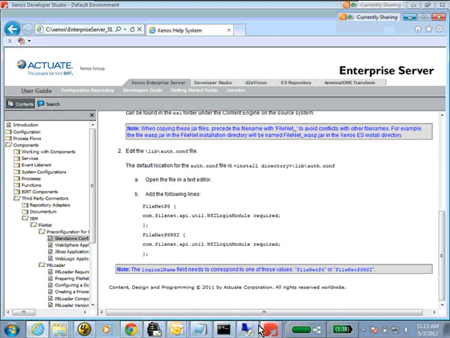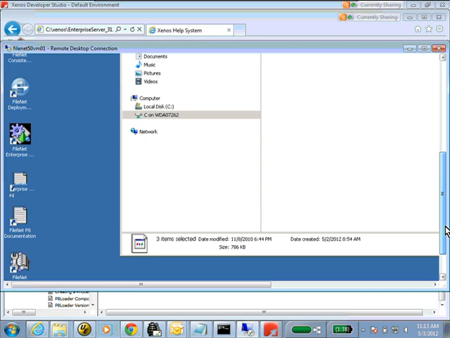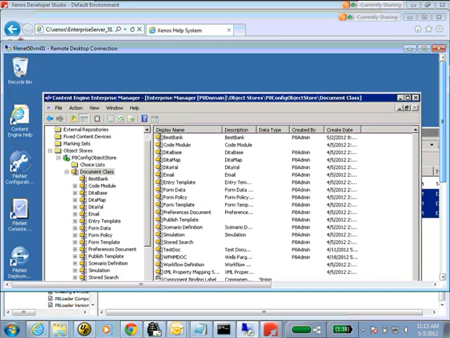Next, what you'll have to do is go into IBM FileNet and actually set up the document class that you want to load into and the object store and whatever else. Obviously, you're going to have your own configuration set up already, but you'll want to go back in and maybe set up a document class.